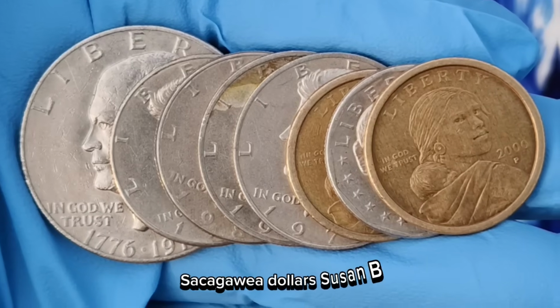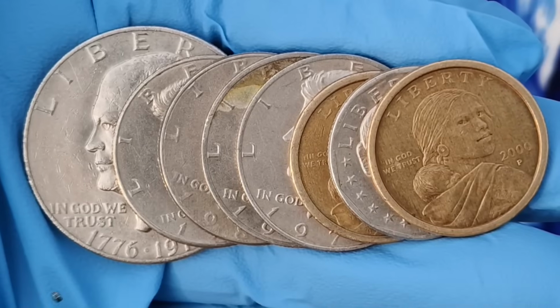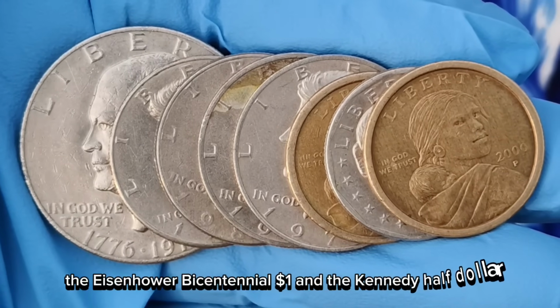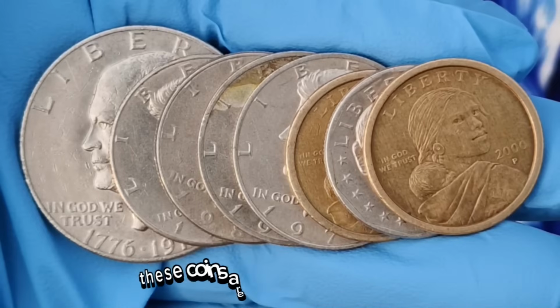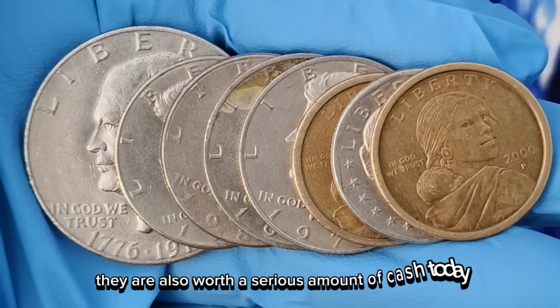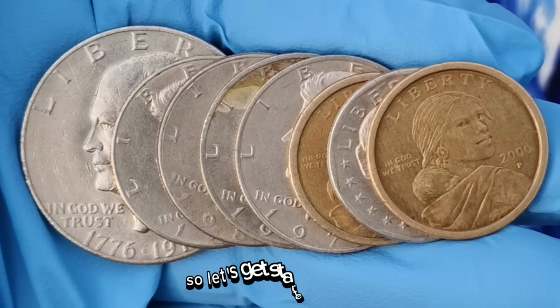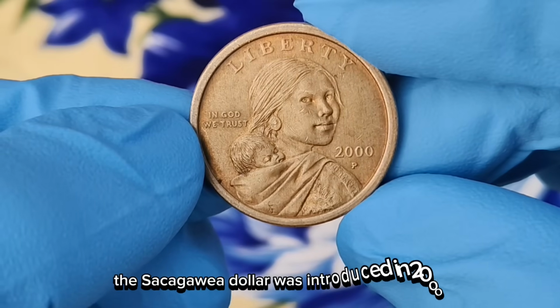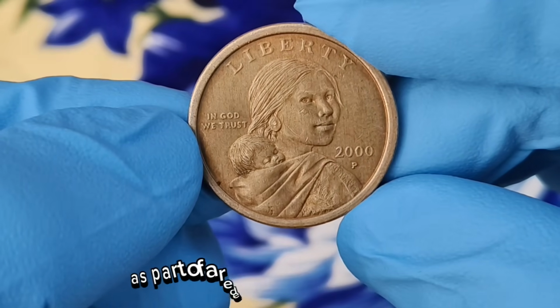Sacagawea dollars, Susan B. Anthony dollars, the Eisenhower bicentennial $1, and the Kennedy half dollar. These coins aren't just pieces of history, they are also worth a serious amount of cash today. So, let's get started. First up, the Sacagawea dollar was introduced in 2000 as part of a redesign of the